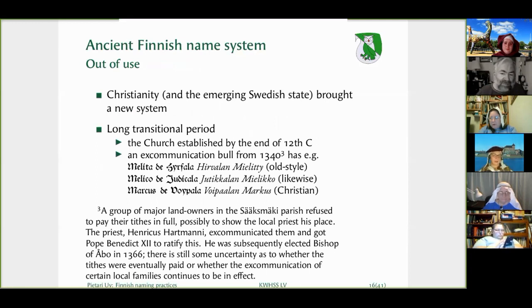And then, as I said, came Christianity. Adjectives precede the nouns, but also the Finnic genitive construction has the possessor first and the possessed afterwards. So yeah, even patronymics and locative bynames